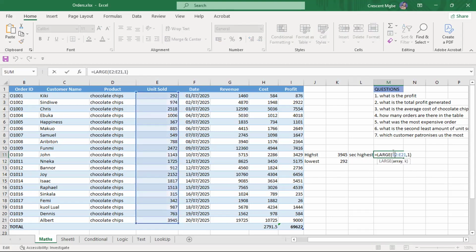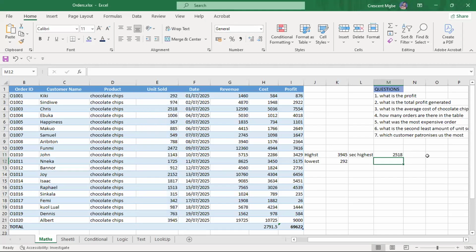Now, if I come back to the formula and I put 2, it's going to give me the second position. If I hit enter, it's going to give me the second position. You can see after this one, the next highest one is this one,